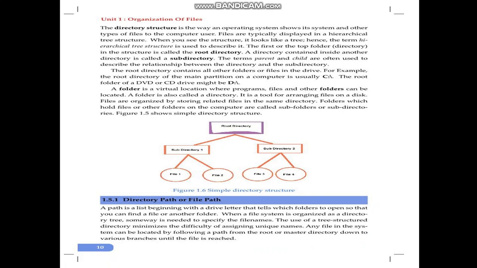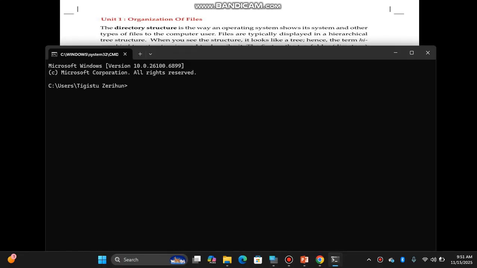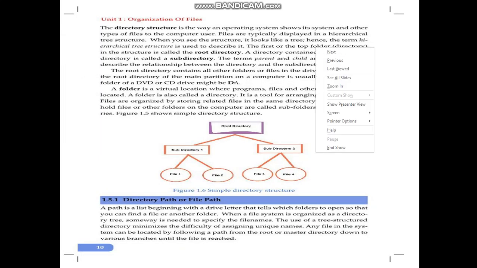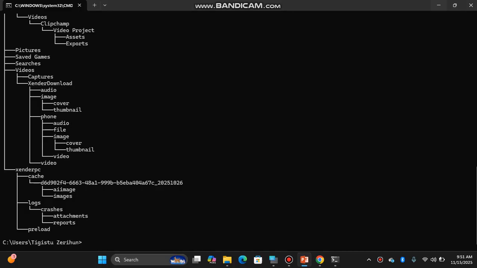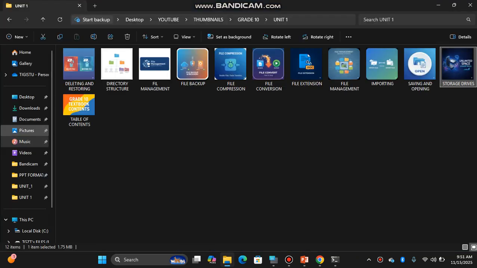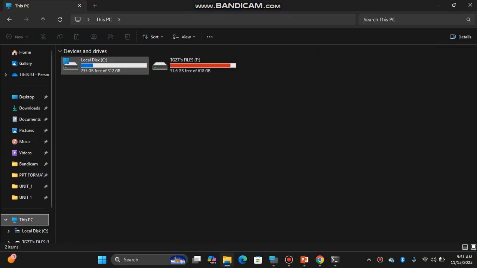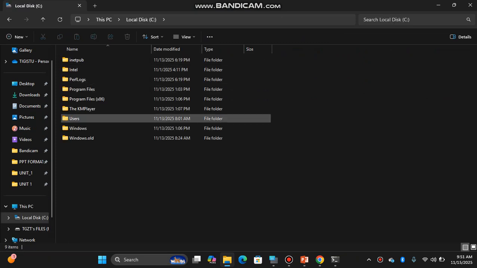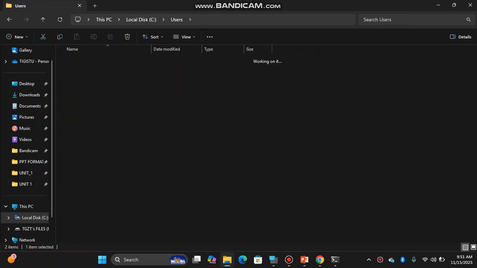For instance, in command prompt, C:\users\. C is the root directory. Under the root directory, there is a users folder. Under the users folder, there is a user account. Let me show you in the graphical user interface using File Explorer. Here, File Explorer, then This PC, Local Disk C, Users, then the user account.